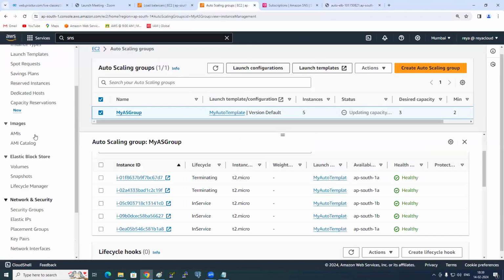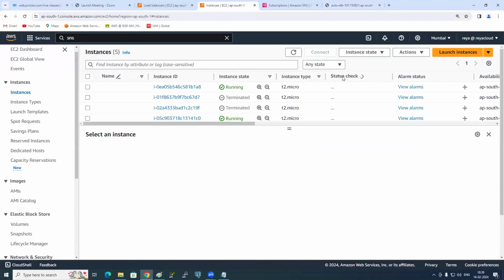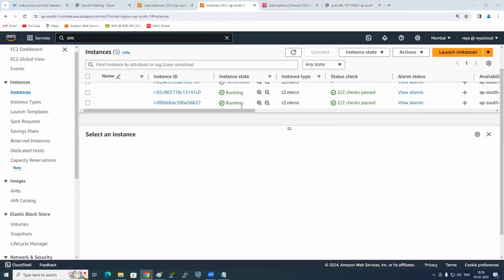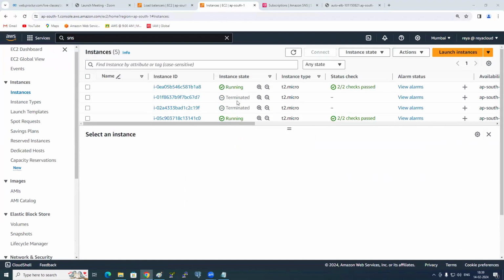Another funny thing that happened with me was, Nana, I told you, once you're done with everything here, hey, do you see this? 2 got terminated and 3 are running. So that means after some time, even 1 more will get terminated and only 2 will be running, because there is no load. There is a question: Sir, if we have 1 more EC2 instance with 1 hour 10 minutes, still 50 minutes remain, will it terminate? Whichever it is, it is charged on a per hour basis. So go with per hour.